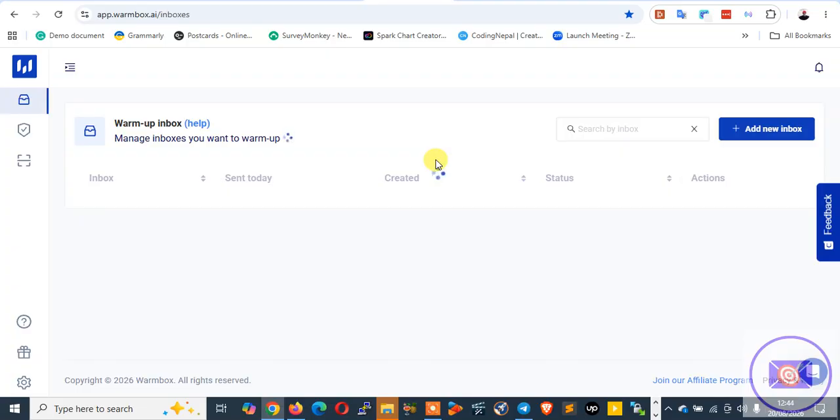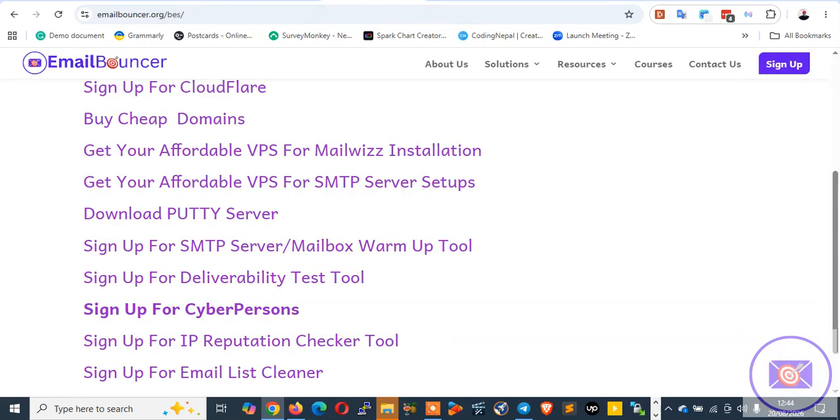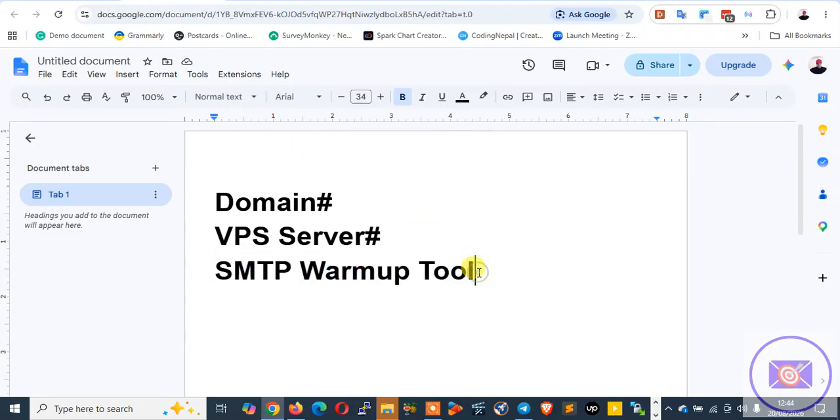And Warmbox mimics human behavior, which makes it the best warm-up tool for building your sender reputation for your domain and your IP. It's also ideal for people who send cold email outreach. So Warmbox mimics human behavior. It sends emails and also replies, thereby creating engagement, which is now a critical and important factor for email deliverability. So that's it. Now that we have gotten our requirements ready, we can proceed to the setup